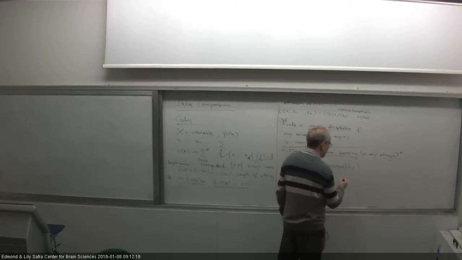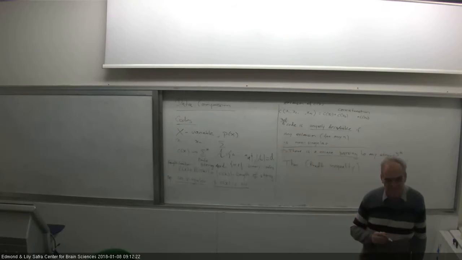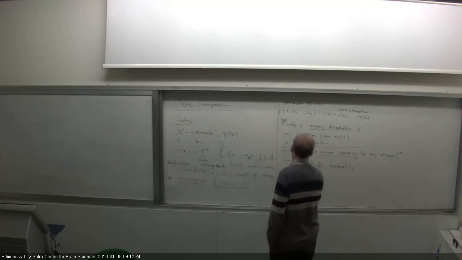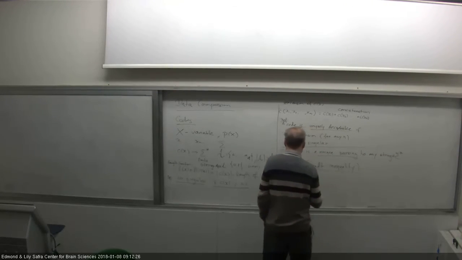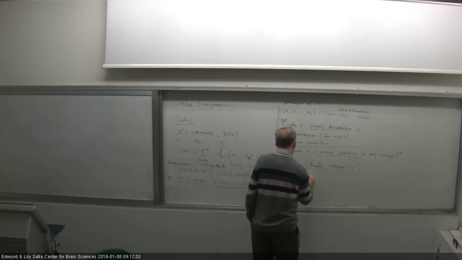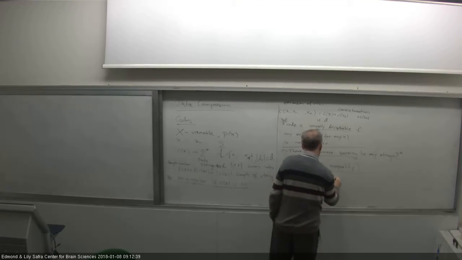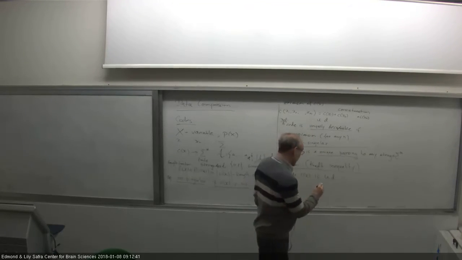I don't know, there are many people, and all the same names appear in the game. But this is the most common name for it. A code C(x) is uniquely decodable if and only if